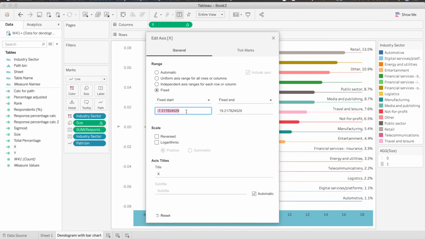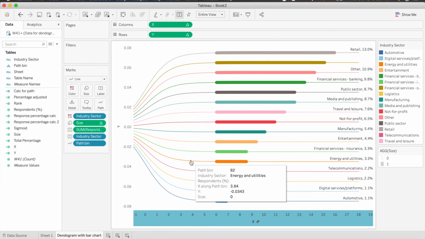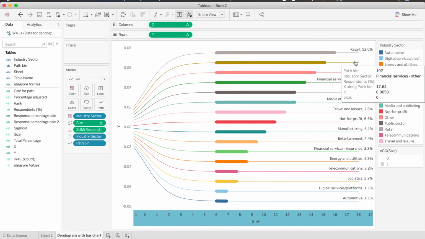Instead of -7, maybe we can just change it to -1, and that's how it is created. The peak is reduced in its size.